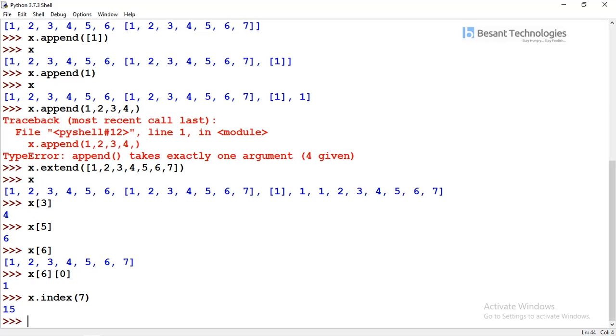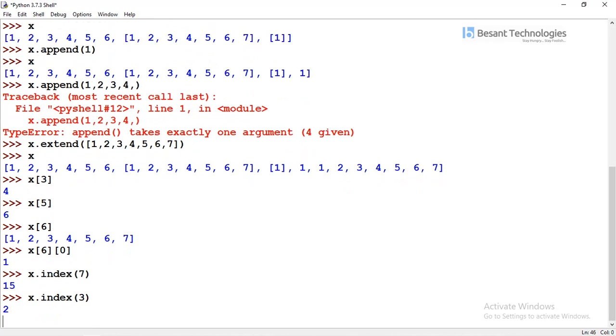Let's go ahead with one more example. Now I am just giving a 3. Here we have multiple 3s. Here we have one 3 and here we have another 3. When you give index of 3, Python is an interpreter, right? So it will go through first, 1, 2, 3. Once it finds the 3, it will give the index position of only the first 3, not the last one. So we get only the first 3. That's what index is. Index is used to get the index position of a particular element.